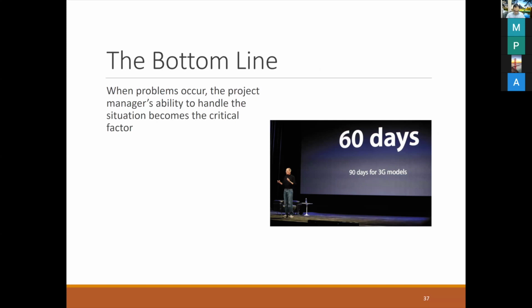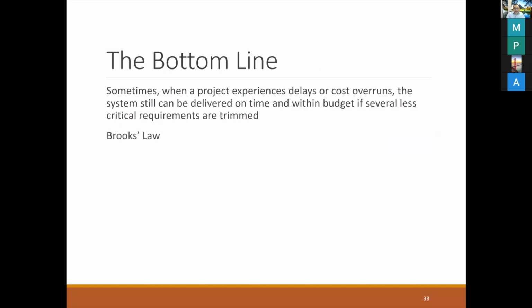Okay, so in this one, after that we talk about the bottom line. Sometimes when a project experiences delays or cost overrun, it is possible that systems can still be delivered on time and within budget if several less critical requirements are trimmed. So some of the people or some of the tasks that are necessary and make the project delayed, if you can squeeze or trim them down or shorten the time, the project may come back